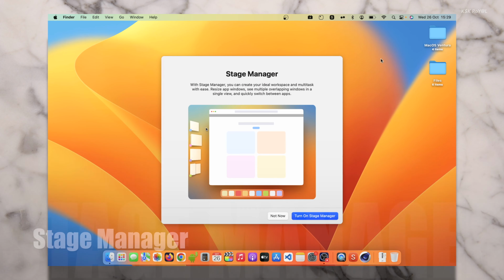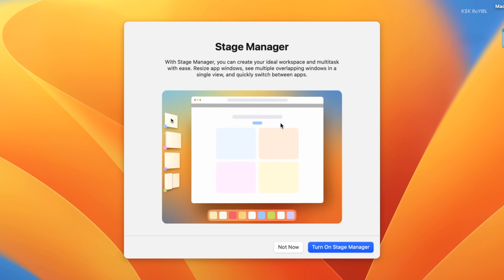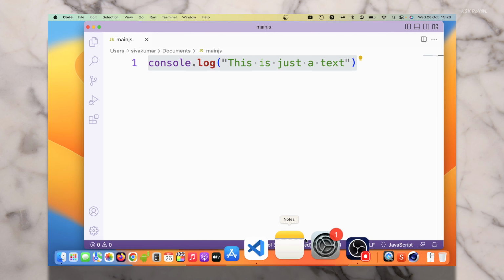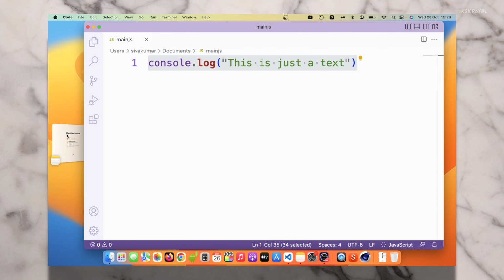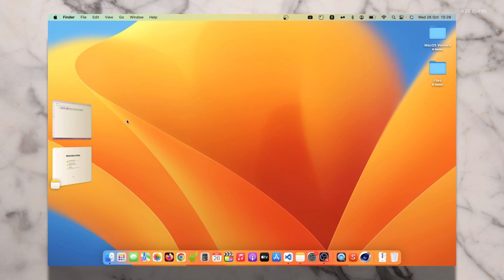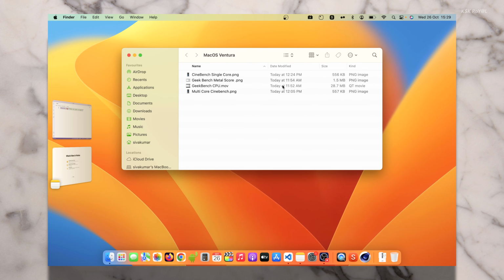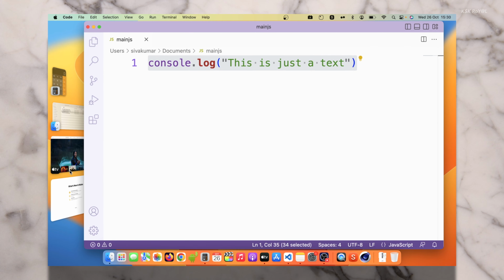One of the notable benefits of macOS Ventura is the Stage Manager. It takes the multitasking experience to the next level. Stage Manager automatically organizes your applications and windows in a single view on any Mac so you can stay focused while easily moving between tasks. So when the Stage Manager is enabled from the control center, you can switch between applications and windows seamlessly with a simple click, or click anywhere on your desktop to get back to your file or folder.